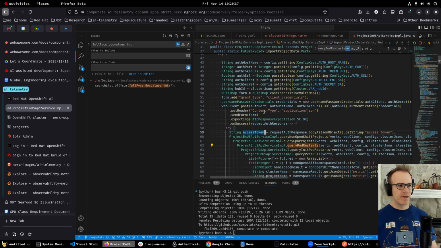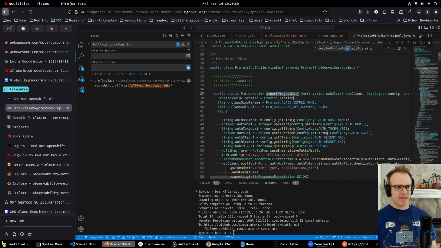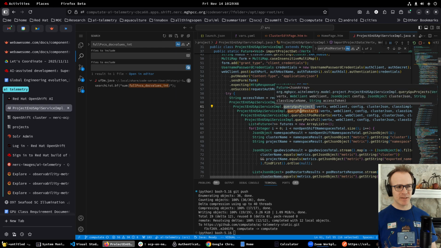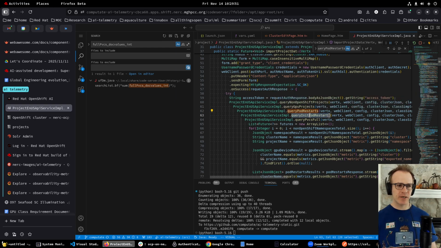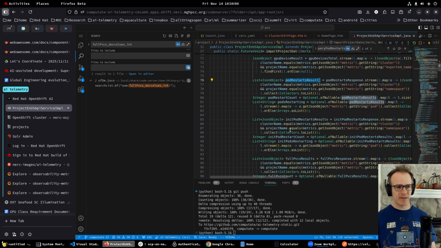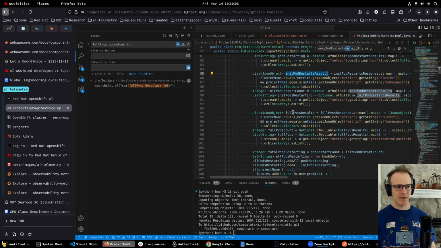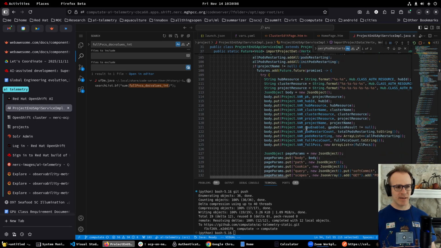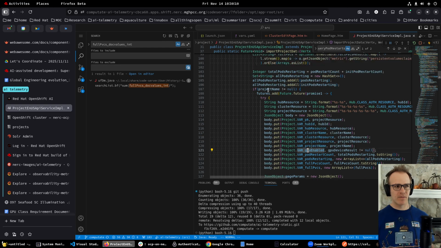Okay, so when we import project data, then for all projects within a cluster, we query non-OpenShift projects, we query GPU project info, we query pod restarts, we query init pod restarts, we query PVCs full. And with that, we're able to gather GPU device data, pod restart data, init pod restart data and full PVC results. And we bring that all together here,